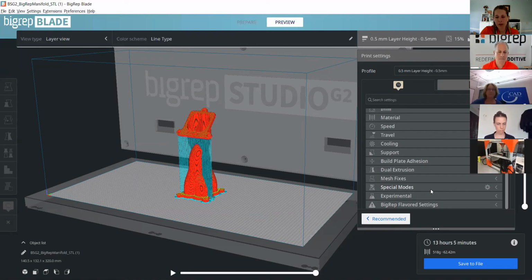Can you monitor the prints remotely? Yes, so you do have to be connected via the Ethernet to do it, but we do provide an option to get a camera for your machine. I'm not sure if you saw on the Pro, but there's already a camera installed. On the One, you can buy it as a separate entity. And then you actually can monitor from your computer or your phone how the print is going.